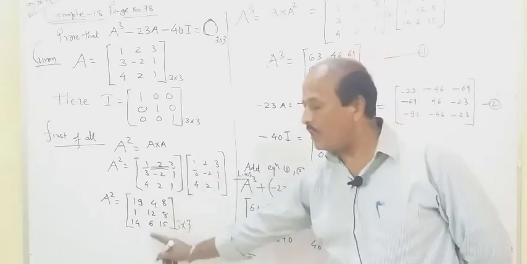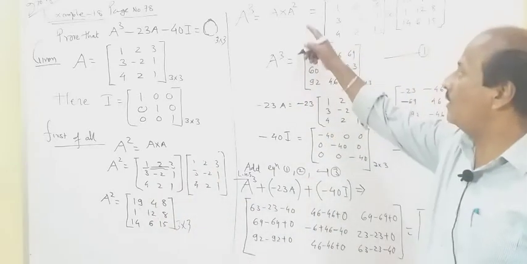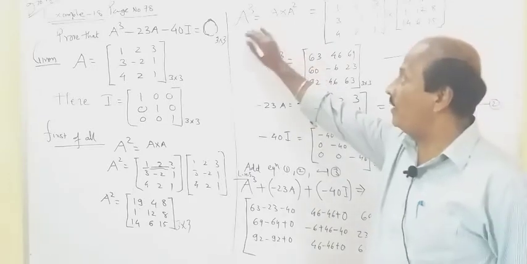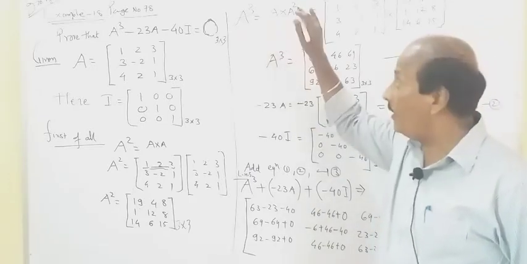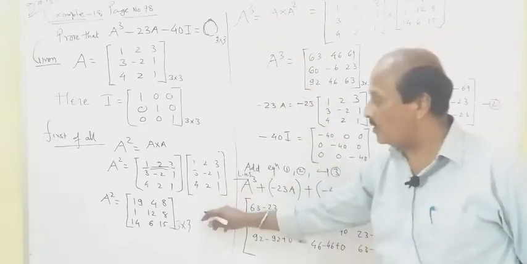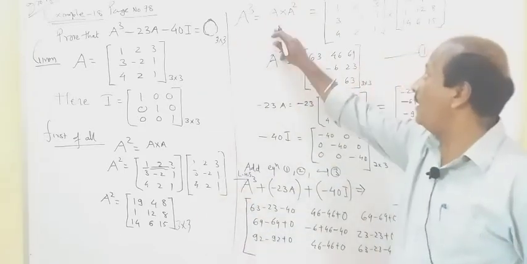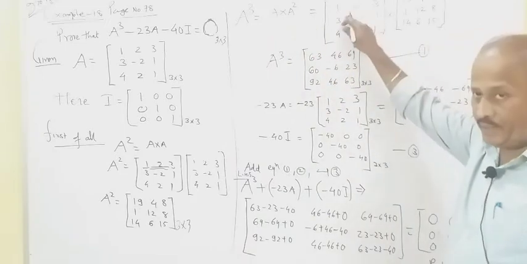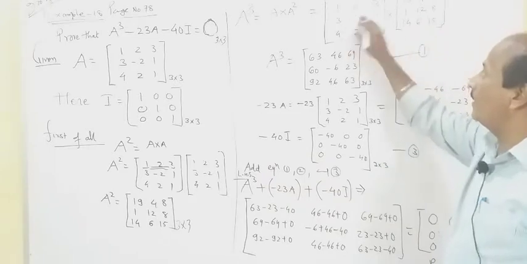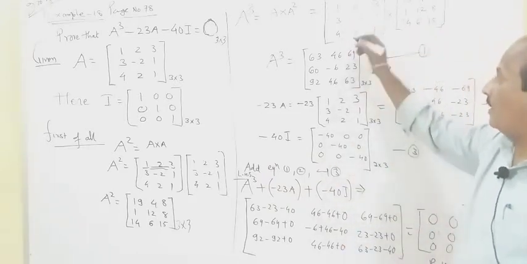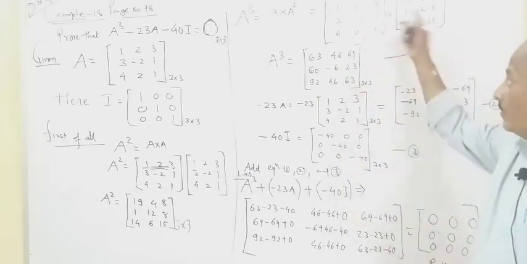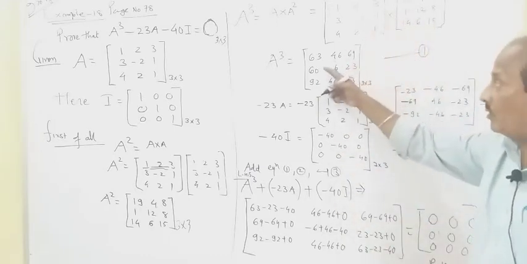As soon as you get A square, A cube is required in our left hand side. So to get the A cube, you multiply A square with A. A is already given to you, and A square we just got. So multiply A with A square, write A first and the answer of A square here, and again you go for a multiplication. Again the same procedure, and it's time consuming. Already I multiplied and wrote the final value.